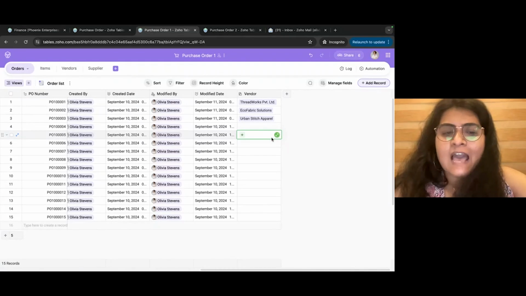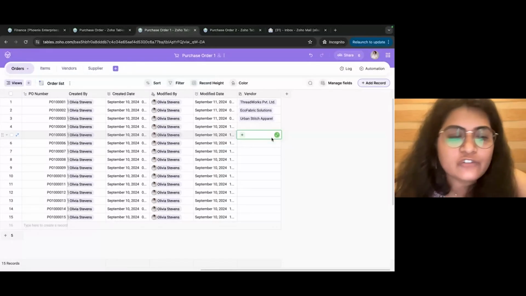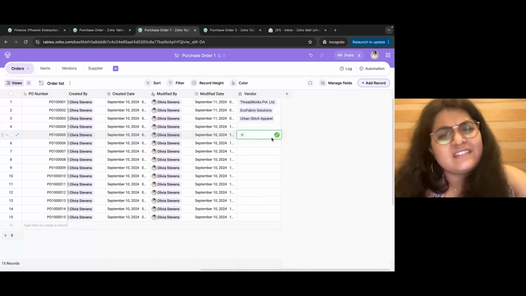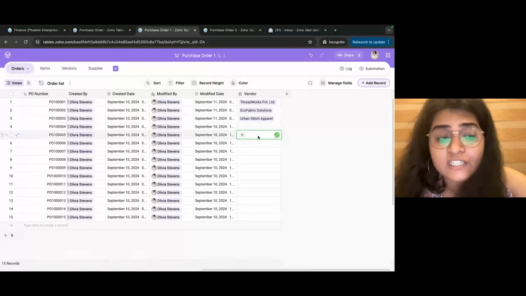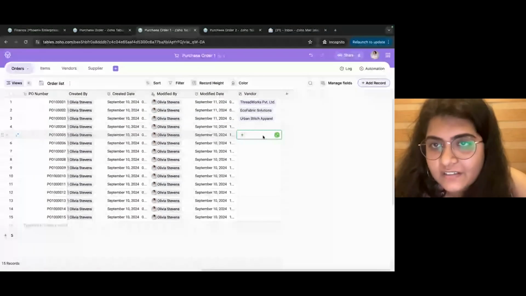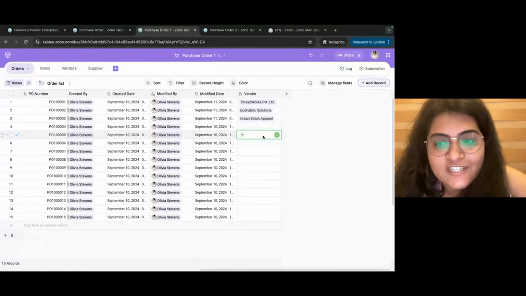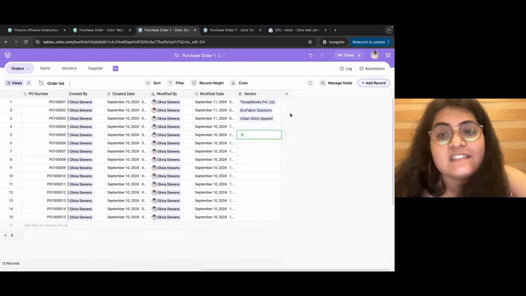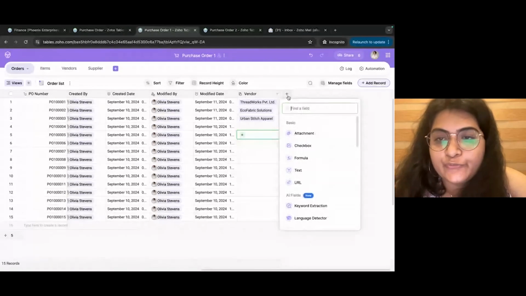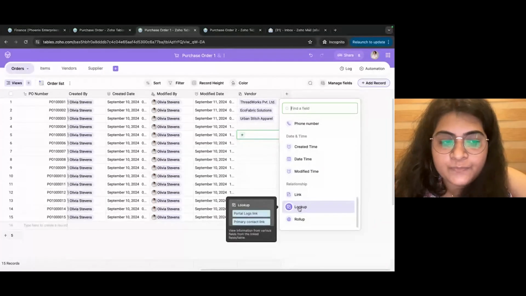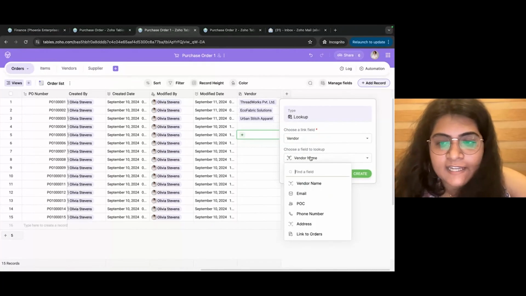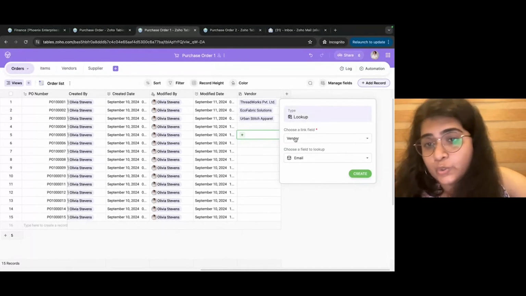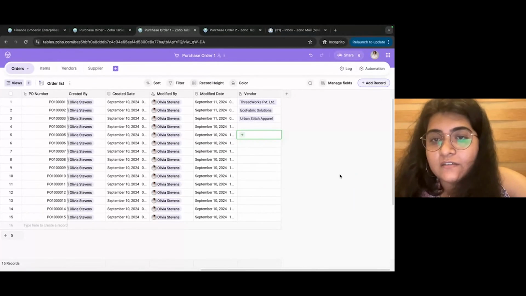So next, let's have a look at the lookup feature to pull out relevant information automatically. So for instance, we've linked the vendors in the orders table. Now we can create lookup field to display additional vendor details like contact information directly into the orders table. So now let's set up a lookup field, add a new field, choose lookup from the option, then choose the linked vendors field, select the relevant contact information that you want to display over here, click create,